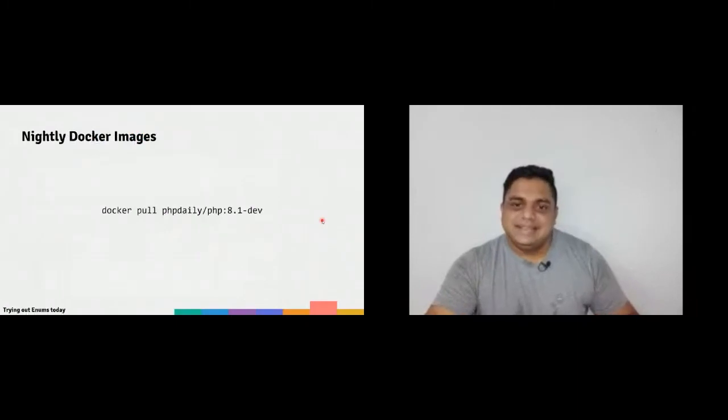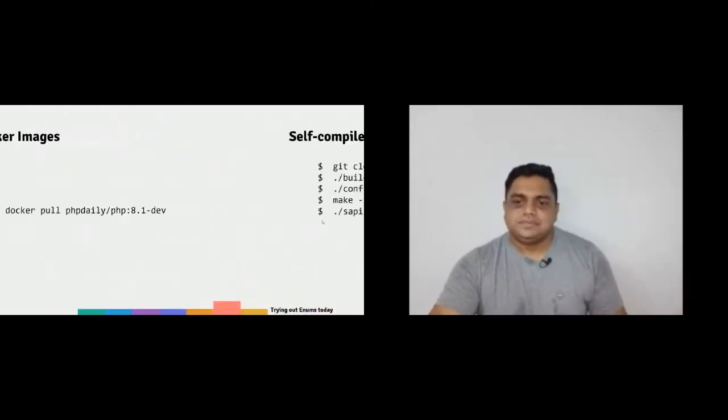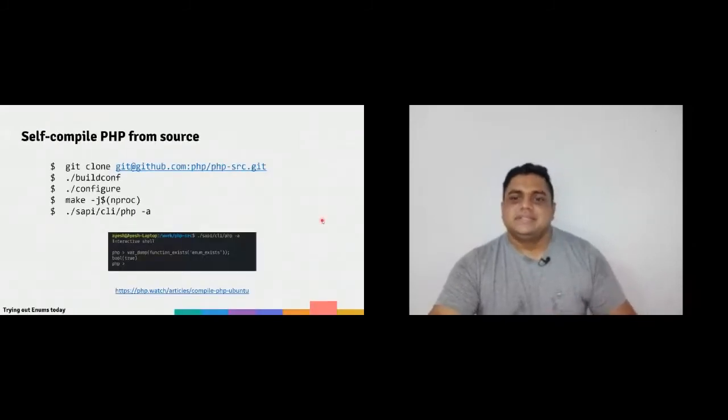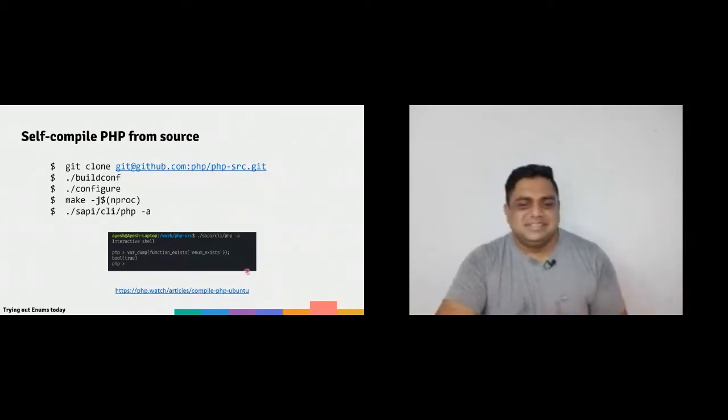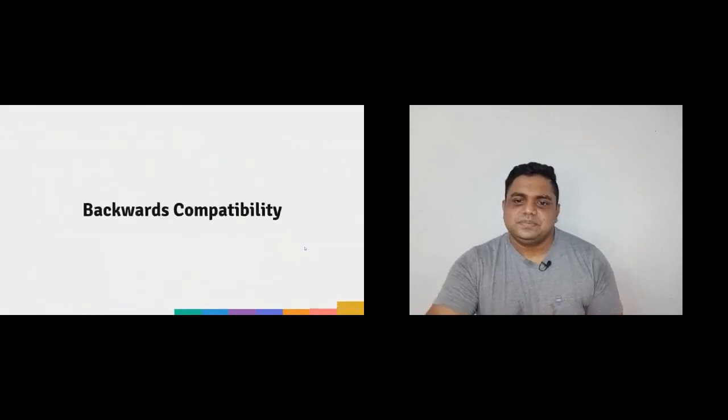And from PHP Daily, they put new Docker images of PHP builds daily, so you can try them out on Docker. What I do is I just compile PHP every day and run it there. I have written a lot of articles, and there's one article where I explain how you can compile PHP. Of course, there are so many other great resources as well, and I'm not talking about them in the talk to keep it simpler.